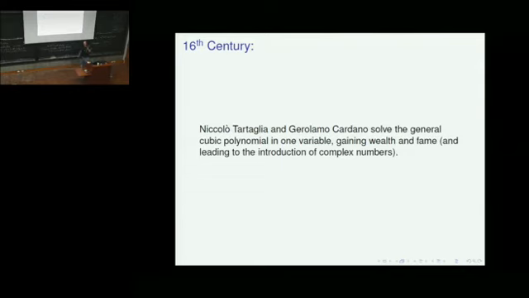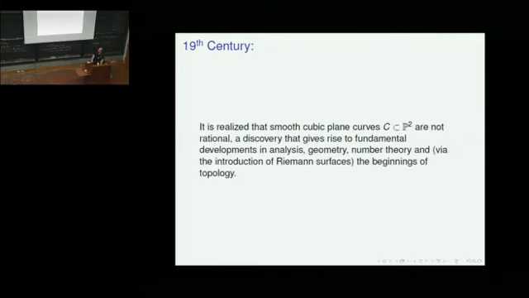What did emerge from all this was the beginnings of the presence of complex numbers. This was in some sense where people first began to see the appearance of complex numbers in mathematics. This is probably my best example. In the 19th century, people encountered cubic plane curves, initially in the context of analysis, when they were trying to evaluate what are now called elliptic integrals. And